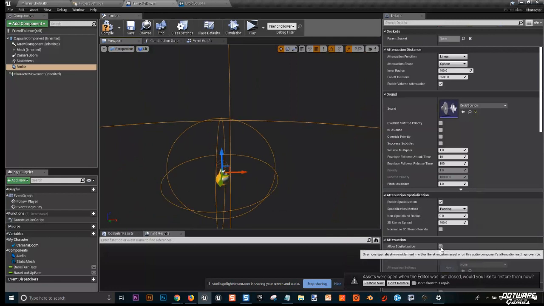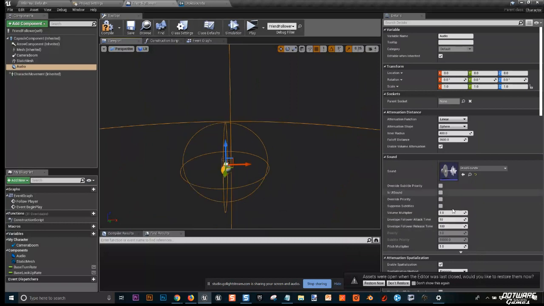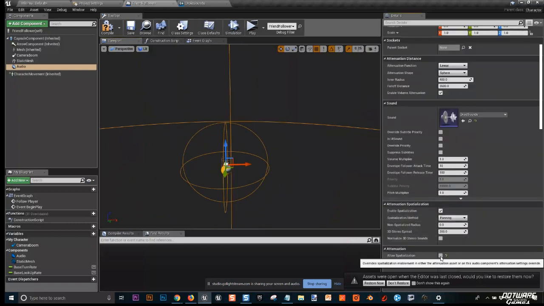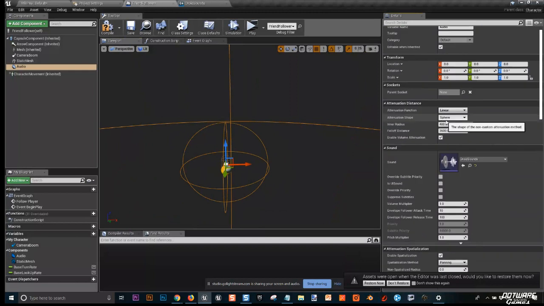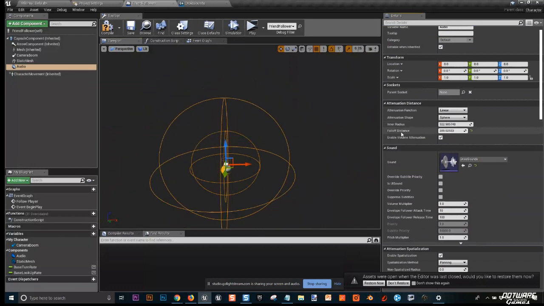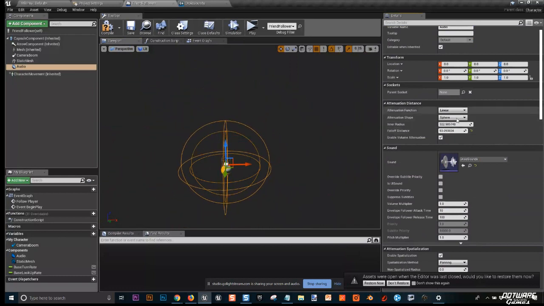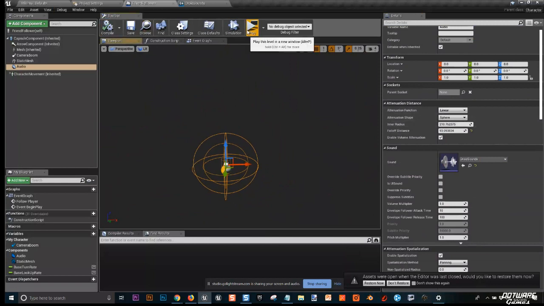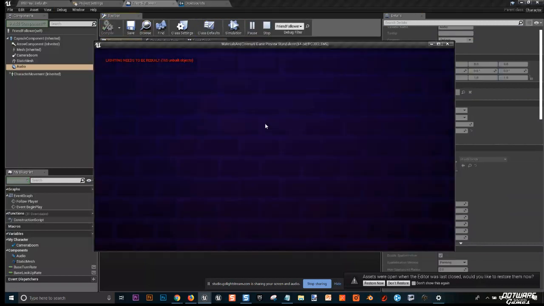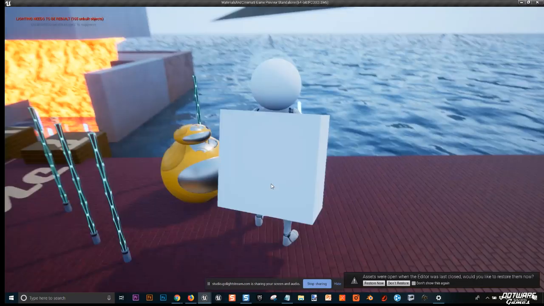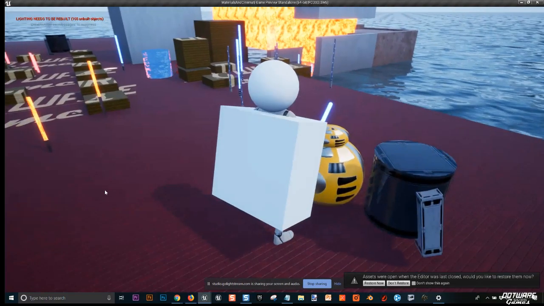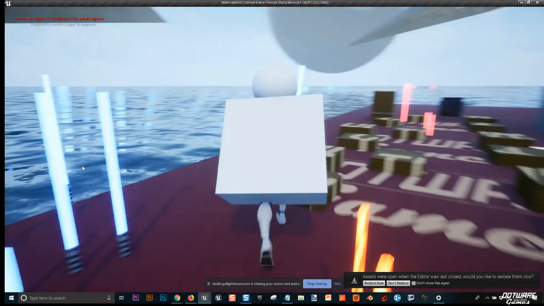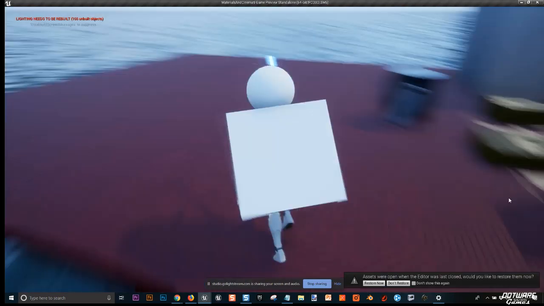By check marking allow spatialization, you can change the size of this. Let's look here. It's going to be in the attenuation distance settings toward the top. Attenuation shape, the inner radius. See, I can grow that or not. Fall off distance. I'm going to make my fall off distance pretty small. And that way I only really hear the droid if I'm right up and close towards the droid. Trailing behind me pretty